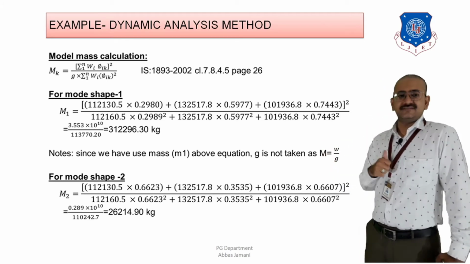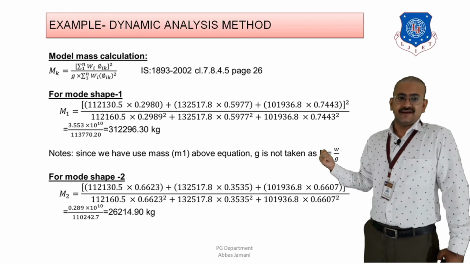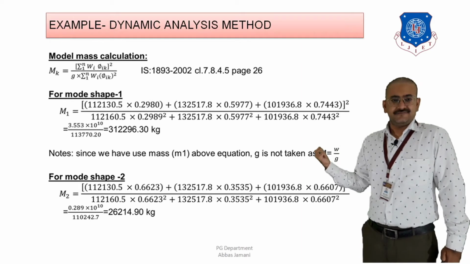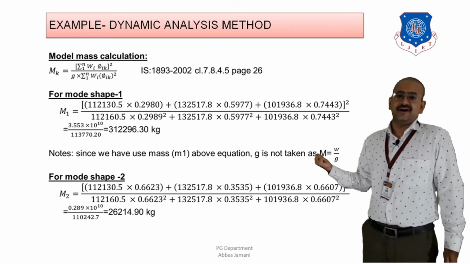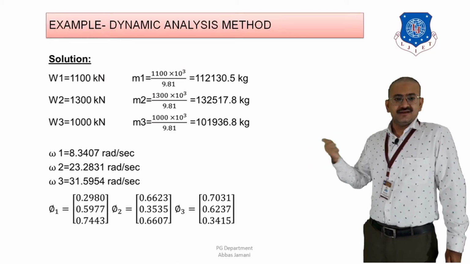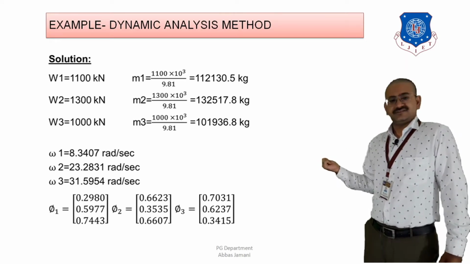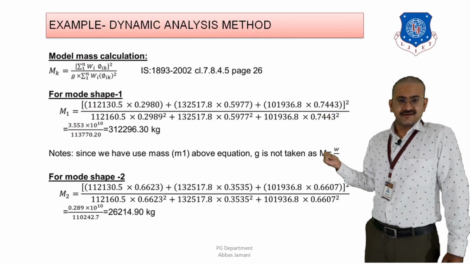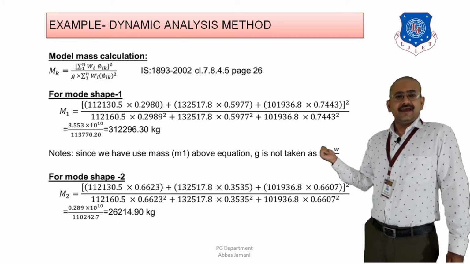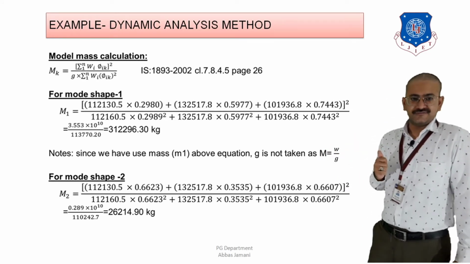So if I substitute these values one by one, then in case of M1, that is the modal mass M1 for the first mode shape, I will take the values of phi ik equal to the ones given for the first mode, that is 0.66, 0.33 and 0.6607. If I go back and refer to the data given to me, I can see 0.66, then 0.33, and 0.6607 are the values that we are taking over here, right? So accordingly, if I substitute these values, then I will get the value of M1 in terms of kg.